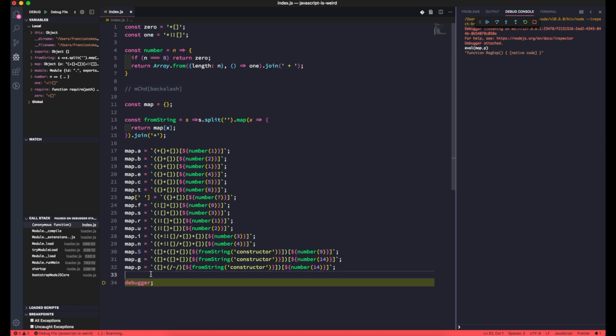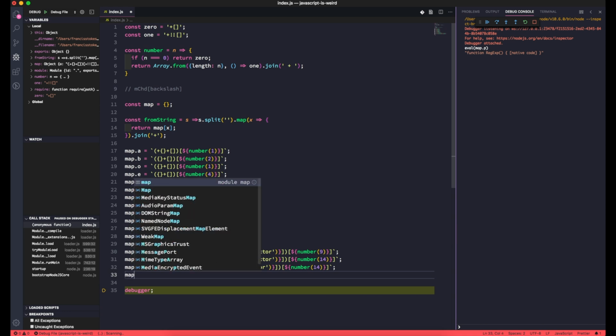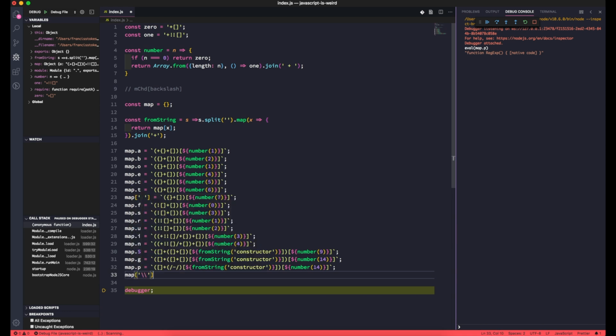Now, we have one more easy character that we can extract without too much hassle, which is the backslash. So we have to escape the backslash, of course. And the way we can get it is to just, again, create a regular expression, but we'll put a backslash in there. And in order for this to work, because of the way that string escaping works, we need to put two backslashes in there, because this whole thing is going to get encased in a string. And we need there to be two backslashes when we evaluate it. So we create the regular expression. We add an empty array in order to cast it to a string, and then we can look up the index, which is simply the number